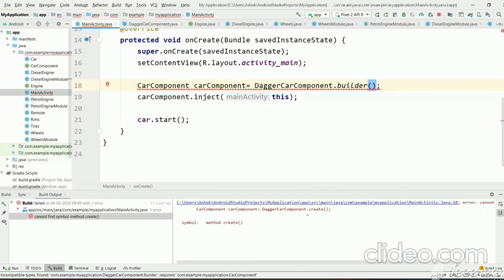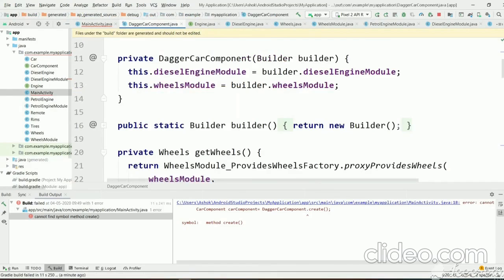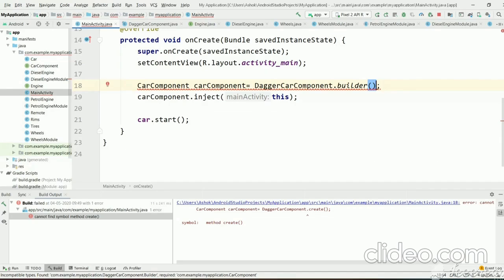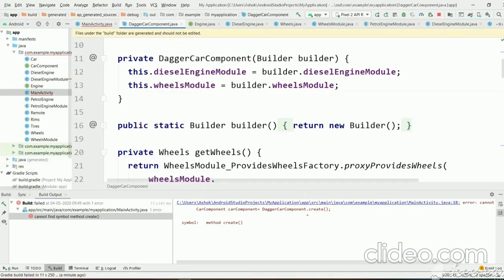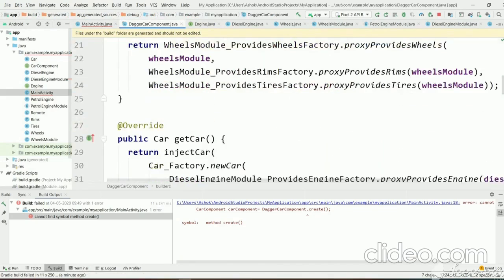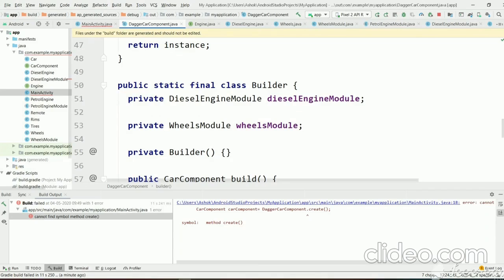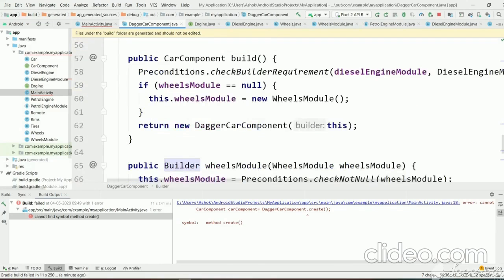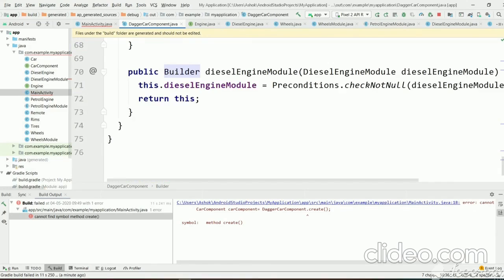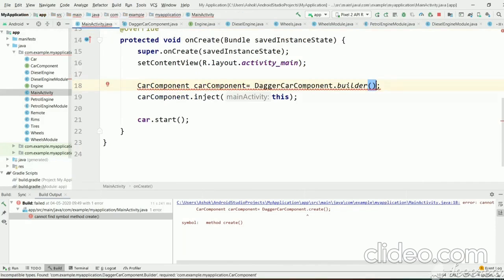We have used a builder. The builder returns a new builder. The builder is also nothing but an internal class. With this builder, we can provide arguments to the diesel engine module. Here you can see the diesel engine module method, and it will take a diesel engine module object, and let's provide this to it.